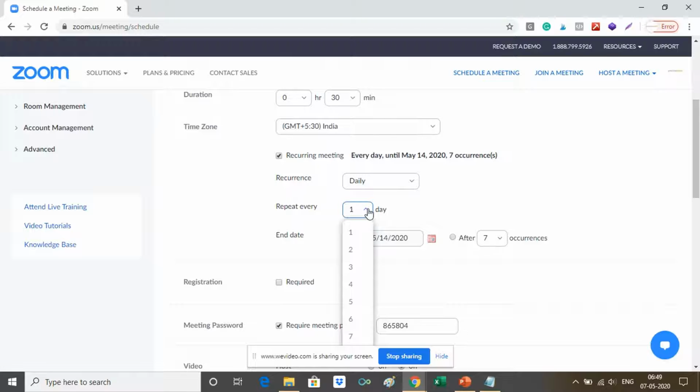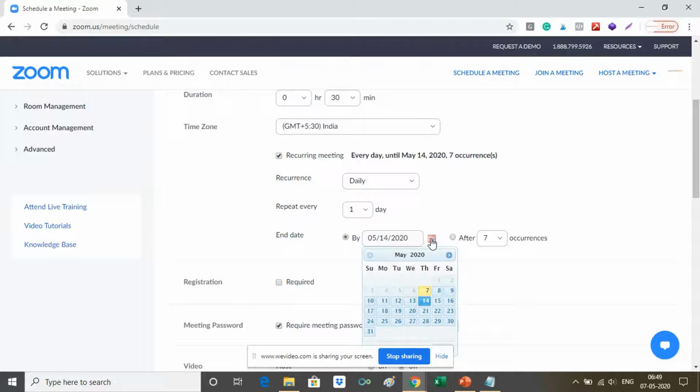It also asks repeat every 1 day. So it also gives you a chance to schedule a meeting once in 3 days, once in 4 days. And ultimately, how long is the recurring meeting going to go on? If it's going to be for like 3 months, you can choose May, June, July.